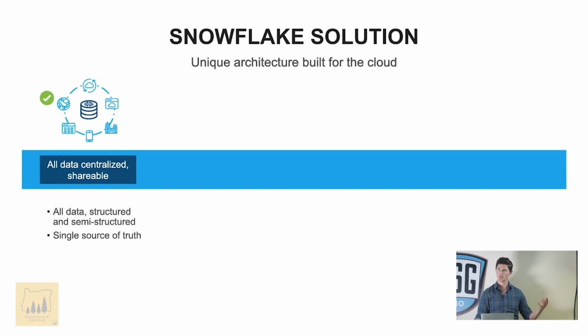So what Snowflake does is a concept of shared data, where you can bring together not only your structured data, but your semi-structured as well. Don't need to parse it. We'll just throw it in there. We've got a variant type, and very easily now you can just join that with your structured data and get the complete picture. People who have done this before, this is like magic. And it helps break down those silos. So you can now seamlessly share data both internally and even externally with partners out there.